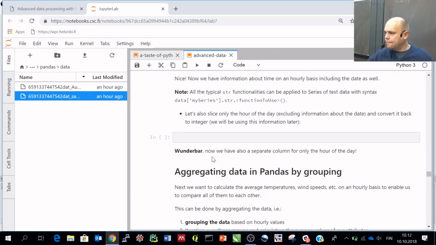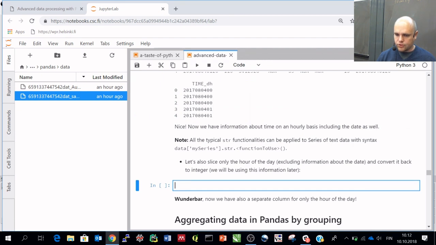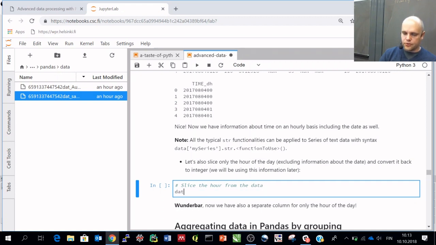Yeah, well, before doing that, we also want to have the hour from that. So let's use the same approach. Slice the hour from the data. So let's create data time underscore h, which is hour, equals to